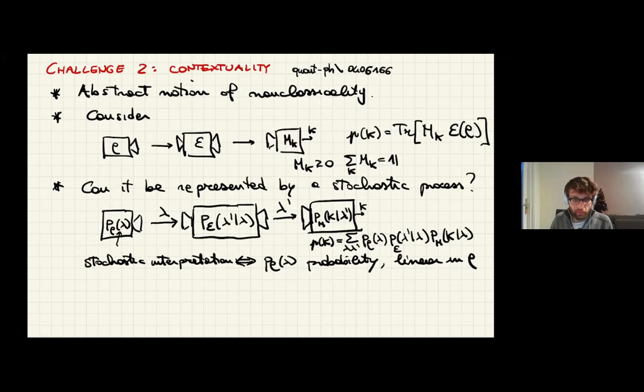Basically, the propagation probability tells you that it should be linear. And the same for the other two. P epsilon of lambda prime given lambda should be a matrix of transition probabilities, linear in epsilon, and PM likewise should be, when I sum over all k, I should get 1 because the probability of some outcome happening is 1, and it should be positive and it should be linear in the measurement. Now,